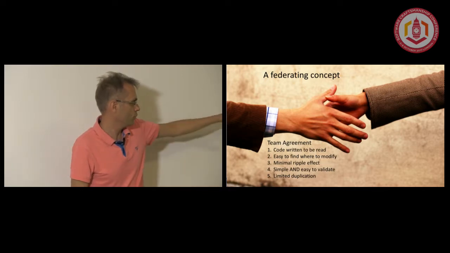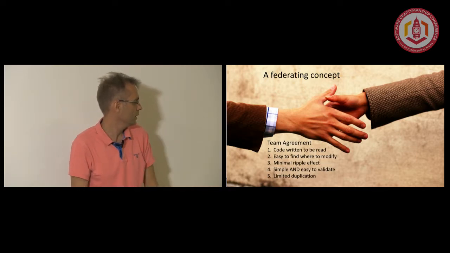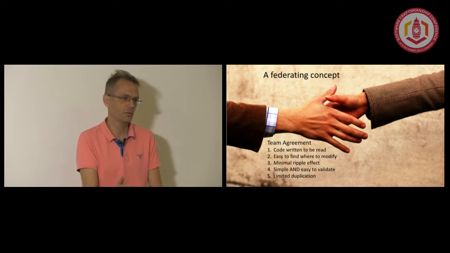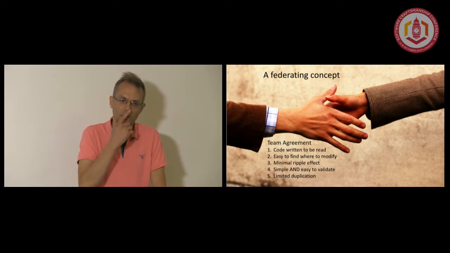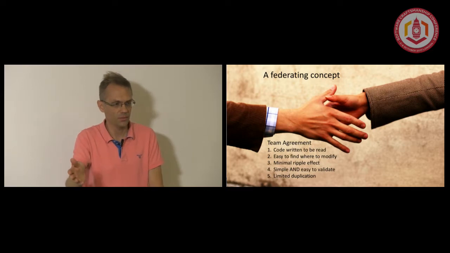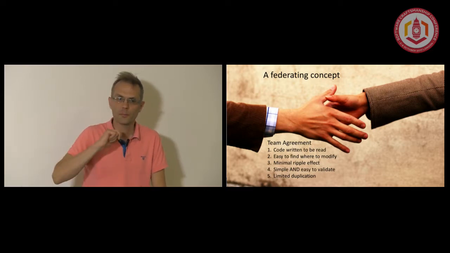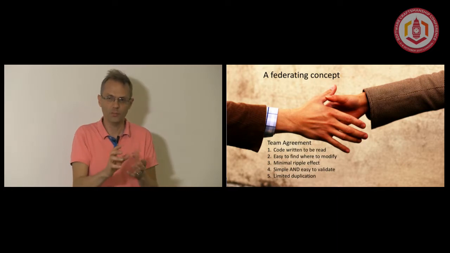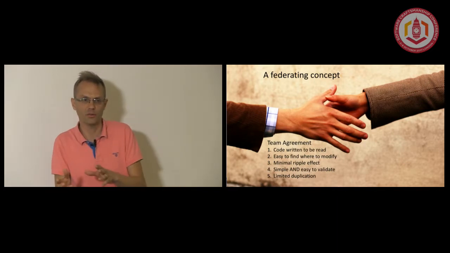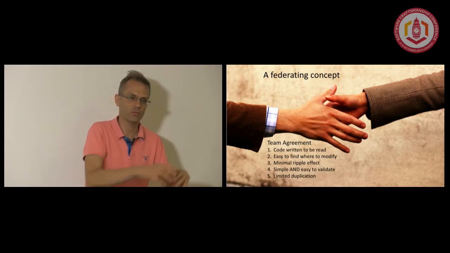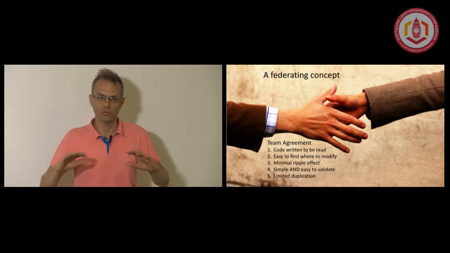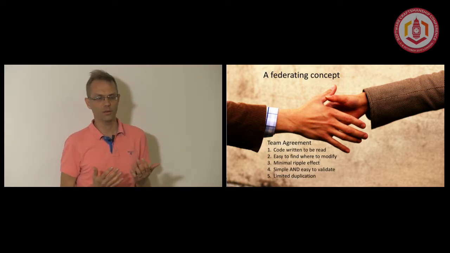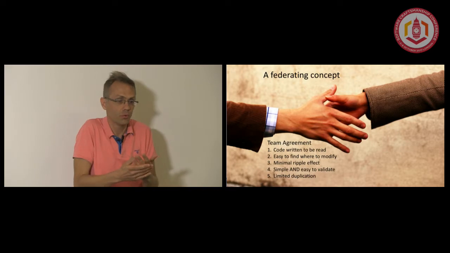So code written to be read, that's learnability. The second one is learnability on efficiency. The third one, minimal ripple effect, is lack of errors. The fourth one is interesting, simple and easy to validate. So while he was a fan of manual testing, I was a fan of automated testing. But when you put it in a harness so that you can start the application really quickly instead of in a heavy container, you do quite the same refactorings, starting to form a hexagon of the application as you would for the tests.